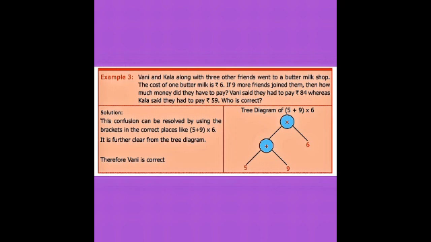How to draw the tree diagram? First, we should do the multiplication. In that, on one branch, you should write 6. On the other branch, you should make a node with the plus. 5 plus 9. Branches are 5 and 9. This is the way you have to make a tree diagram.